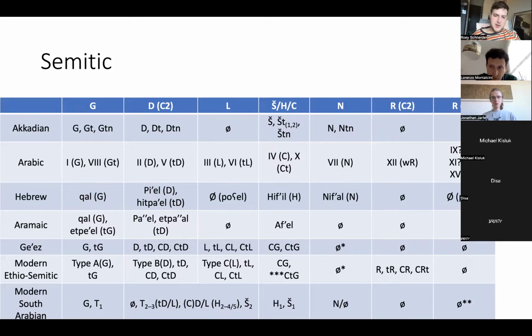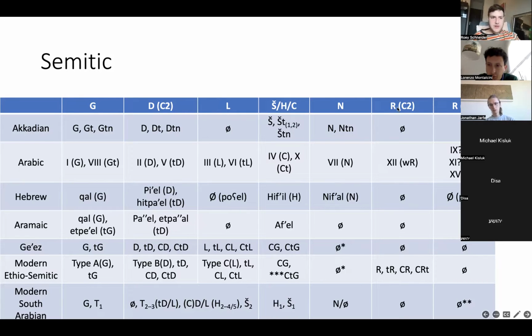Because Ge'ez, modern Ethio-Semitic and modern South Arabian don't really have the stem, but kind of have remnants of it. Aramaic doesn't even have remnants of it. So like these Ethio-Semitic and modern South Arabian, they have verbs that have usually 4 or 5 radicals, and the first one is N, and they have a passive or reflexive meaning. So these are considered to be remnants of an N stem. But in Aramaic, nothing except in Dir Ala, which is weird.